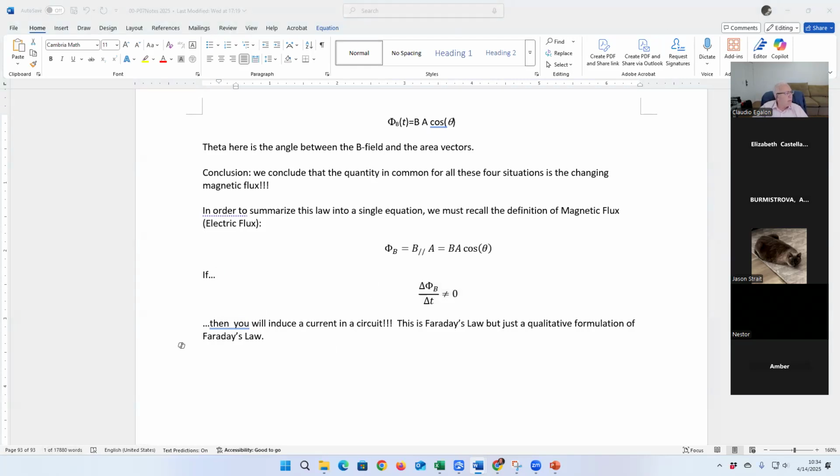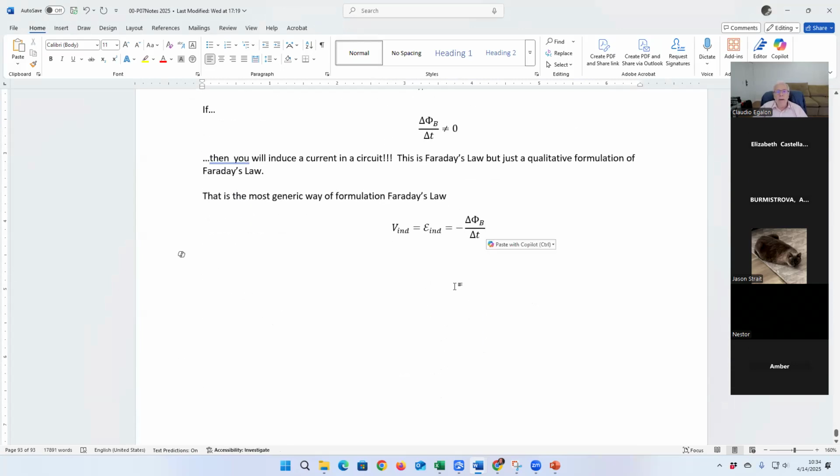And I can go another step, okay? I'm going to write it in a different way. Here you go. We can start thinking not just in terms of current, but in terms of the voltage, induced voltage, an induced voltage that's going to generate an electric current in the circuit. And there is this negative sign here. This negative sign has a very important interpretation, okay? And we are going to discuss that. That's the actual law that we